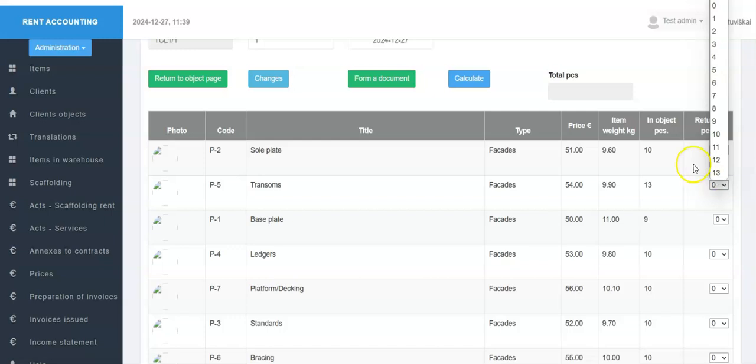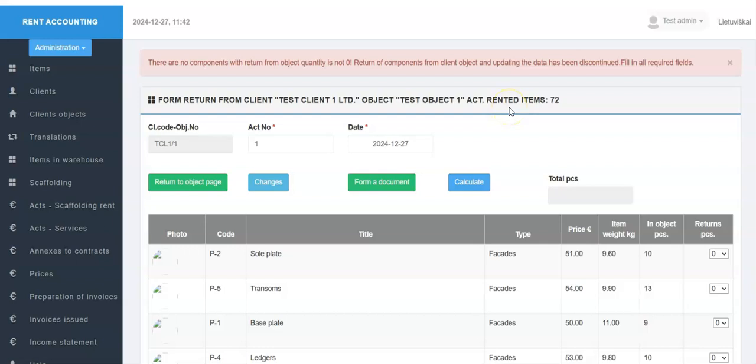If the Form a Document button is clicked after leaving the quantities of all components at 0, the program stops the formation of the act and displays a message with the relevant information.